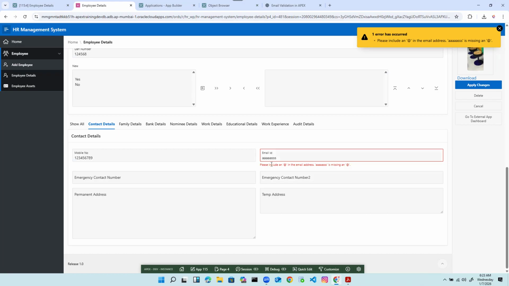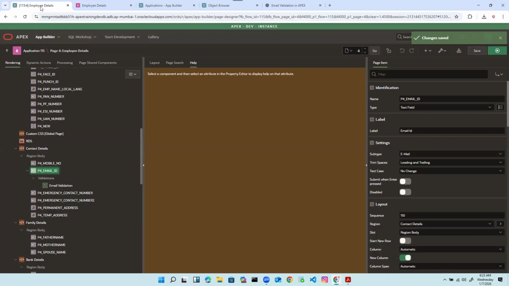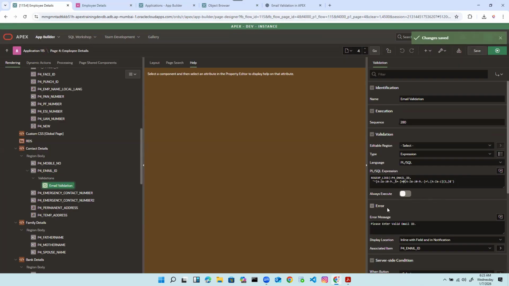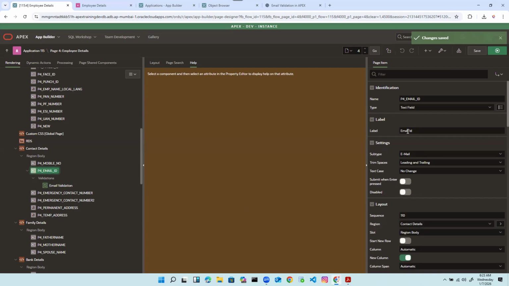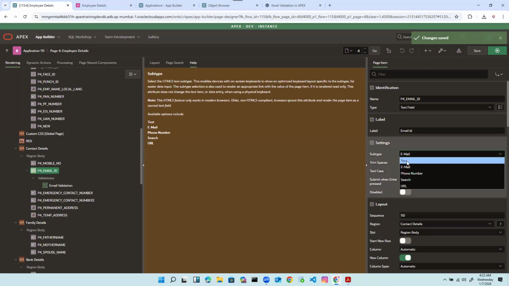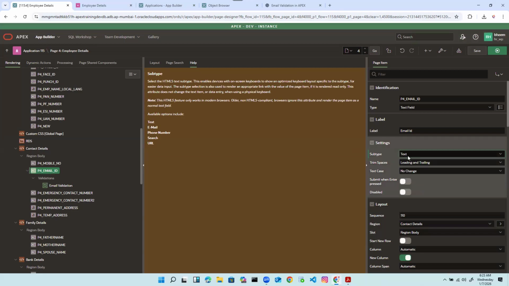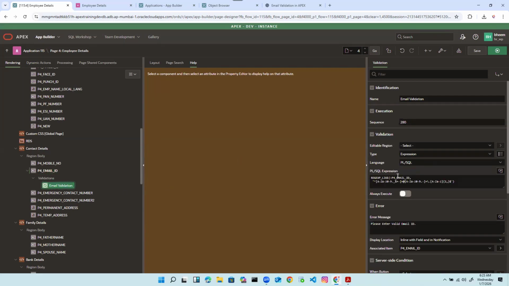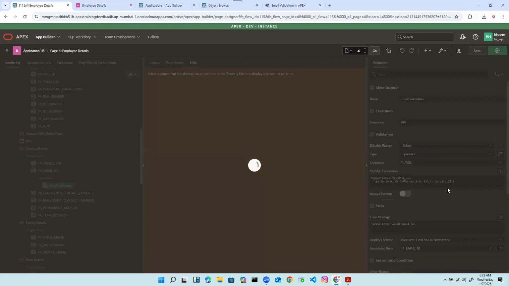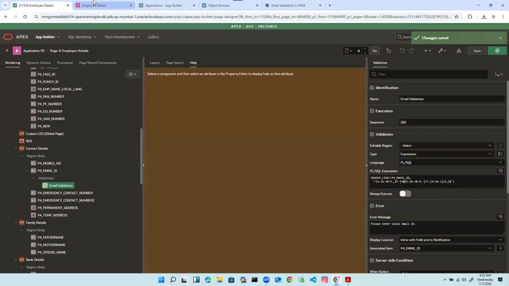So in this case, if you want to show your custom error message like this, the best way is you can switch it back to text field, the normal one. Make the subtype text field so that it will not trigger that internal email validation. Then it will look for this validation. Whatever validation the developer has written, custom validations, that validation it will execute. So now if I click submit,